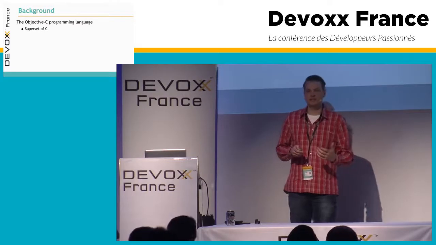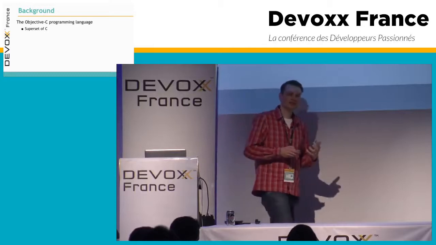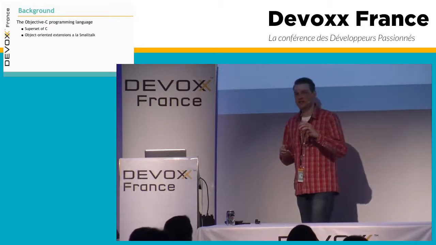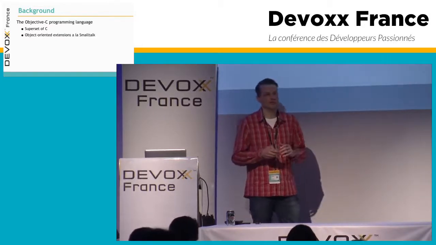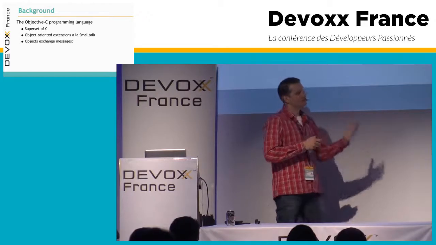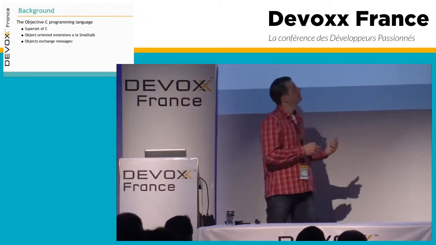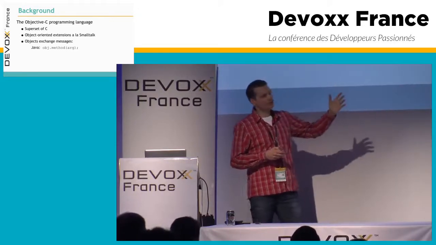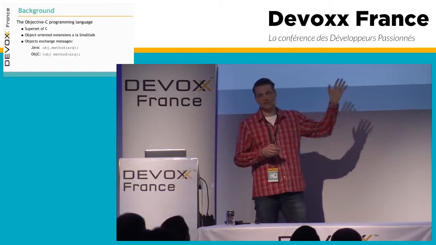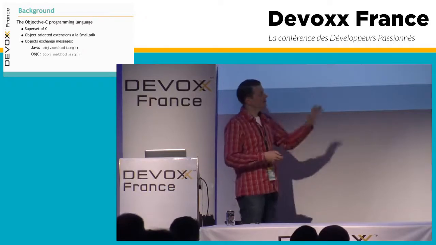So Objective-C is a superset of C. So any piece of valid C code is also a valid Objective-C piece of code. On top of C, Objective-C adds a thin layer of object orientation influenced by Smalltalk. Here in Objective-C, objects exchange messages rather than call methods on each other. So this Java method call would look like this in Objective-C, and this is called passing a message to ob. And except for those weird brackets around that statement, it